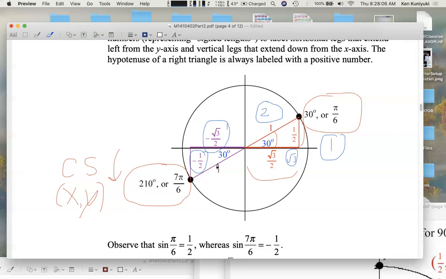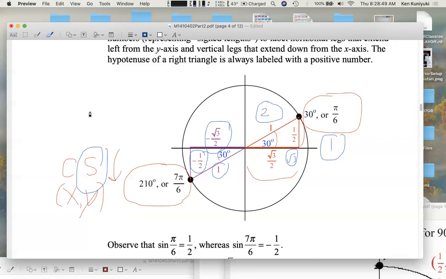So now we can use SOHCAHTOA relative to this reference angle. I know we're talking about 210 degrees here, but we really want to think in terms of this reference angle when we use SOHCAHTOA. So for example, what is the sine of 210 degrees? The sine of 210 degrees. Right off the bat from the unit circle, we know that it's going to be negative 1/2, which is the y-coordinate of the intersection point. But even on this right triangle, SOH, sine is opposite over hypotenuse. Negative 1/2 over 1 is negative 1/2. So our reading from the right triangle is consistent with our reading based on the unit circle and this intersection